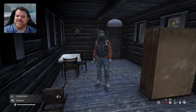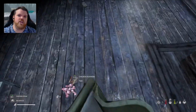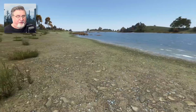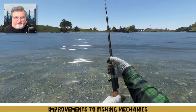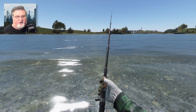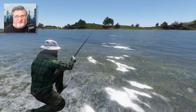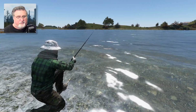Okay. Moving on to the fishing overhaul they provided. Yeah, I will have to say I was stoked about this. So, I mean, they improved the animations a little bit. Fishing was pretty rudimentary to begin with. It looks like they did fix a few things that I've encountered with trying to find the sweet spot to get the fishing prompt. I am mixed on the way that it functions now, where you hold it until,